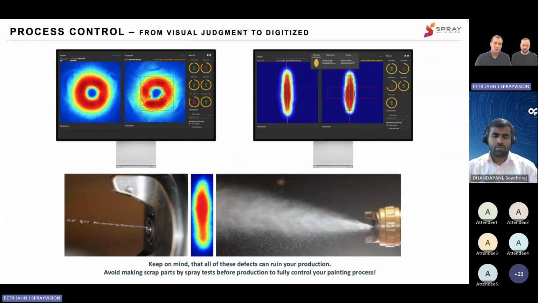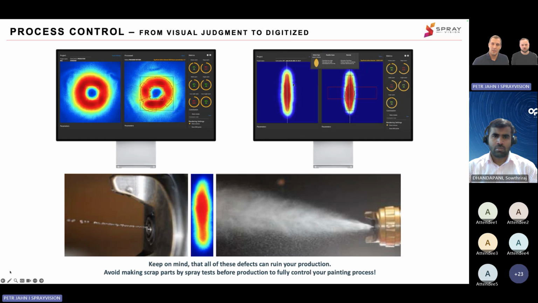Here, if we step into a higher level of detail, you can see the two screens on the top. On the left, there is the rotary bell, where you can have the production standard and also the captured pattern from the production, which is evaluated from the point of the volume of the paint applied. It's evaluated from the point of the shape and sizes of the inner and outer circle. Also, it can detect improper distribution of the paints